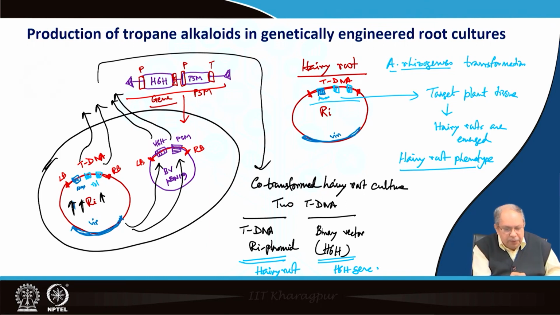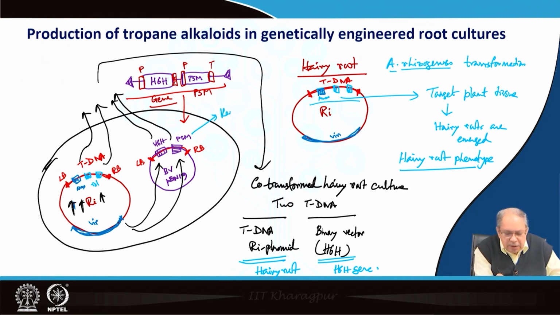So, the first tDNA will go containing the auxin genes, it makes the hairy root. The second tDNA also will go along with that, and that will become a part, and eventually you have to select the correct hairy root line which contains the H6H. That is possible because in this selectable marker you have put a